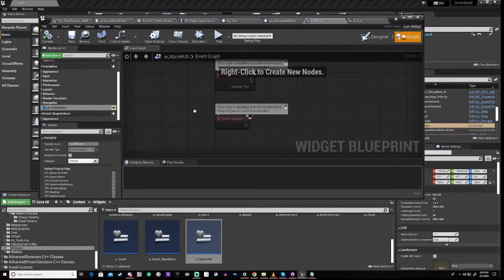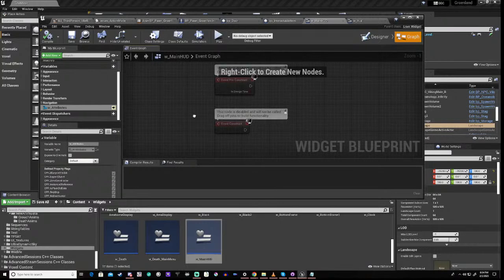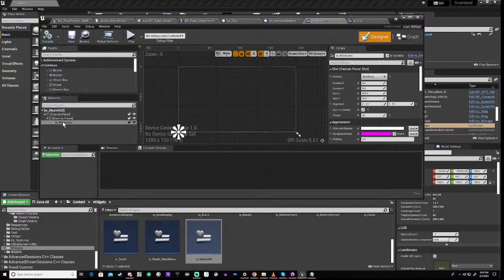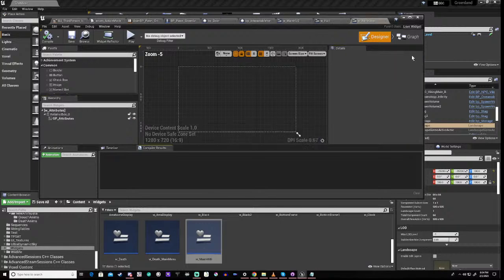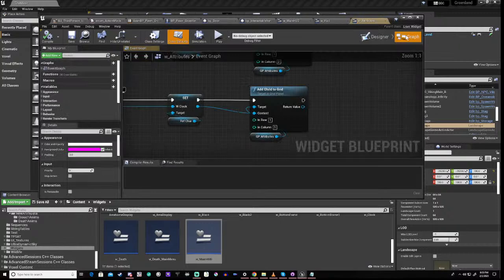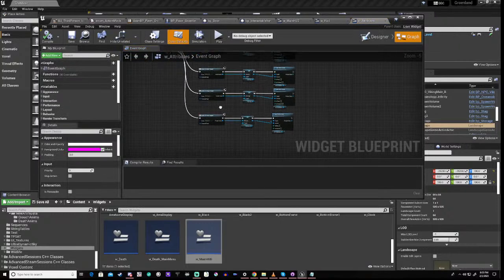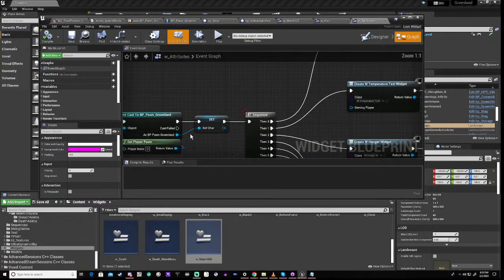We're doing absolutely squat diddly. And it has attributes on it, right here. So we need to edit that, go to our graph, right,